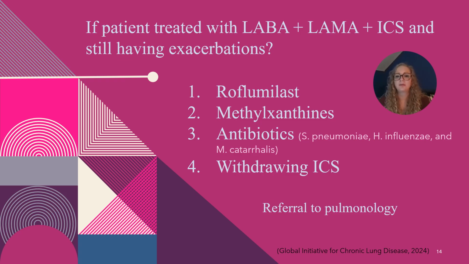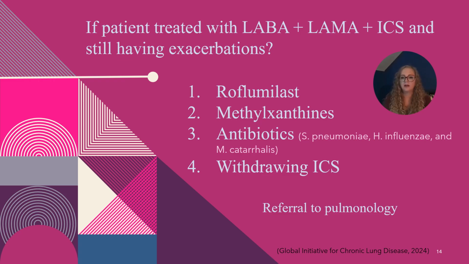And then number 3 is your antibiotics. When to consider using antibiotics. So typically the patient would come in with dyspnea, may have increased sputum production, but the big thing is purulent sputum. So if they're having those 3 things, especially, you want to treat for the organisms that are listed next